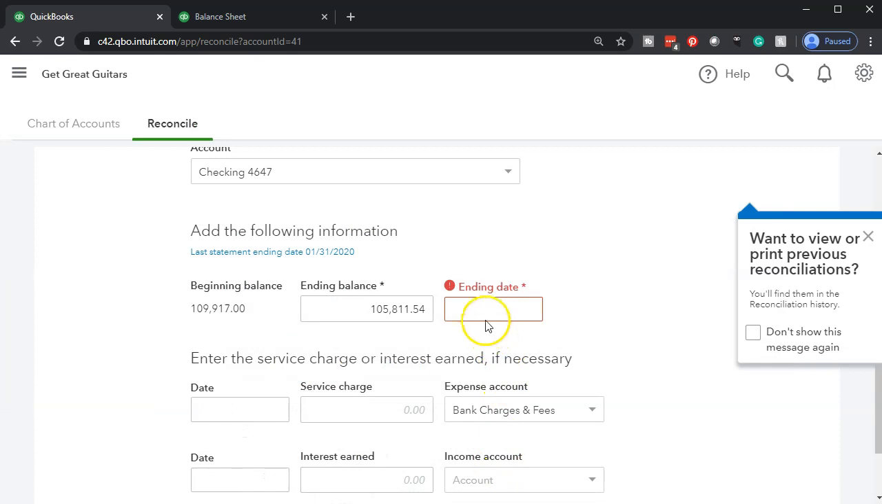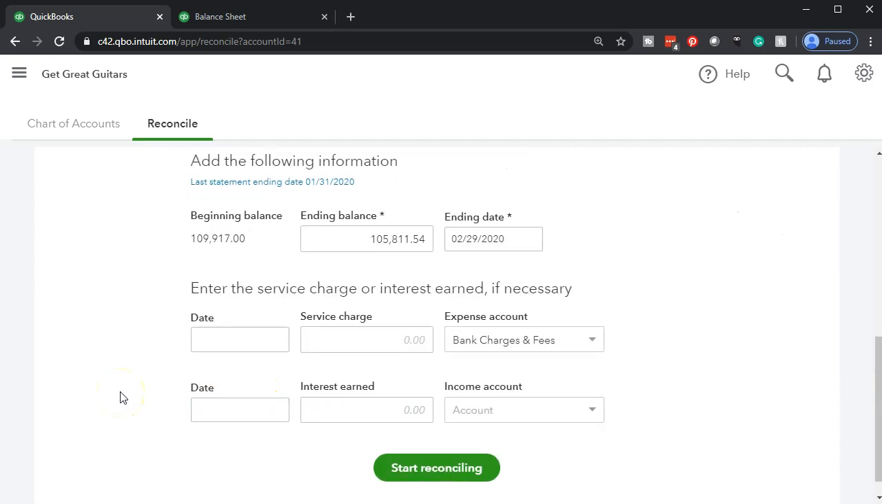0.54. Yes, I think that's right. And then our ending date is going to be 02/29/20. As we discussed last time in January, I'm not going to be putting in the service charges or